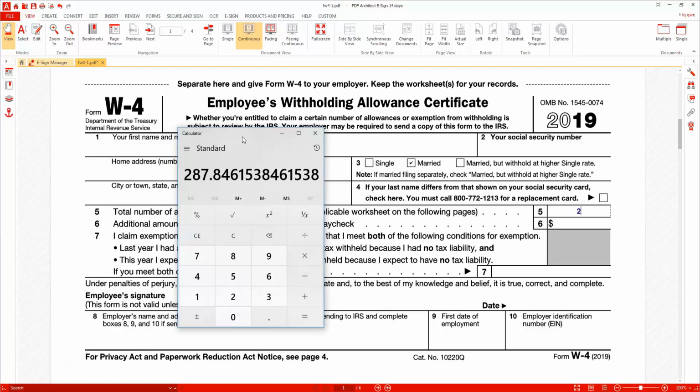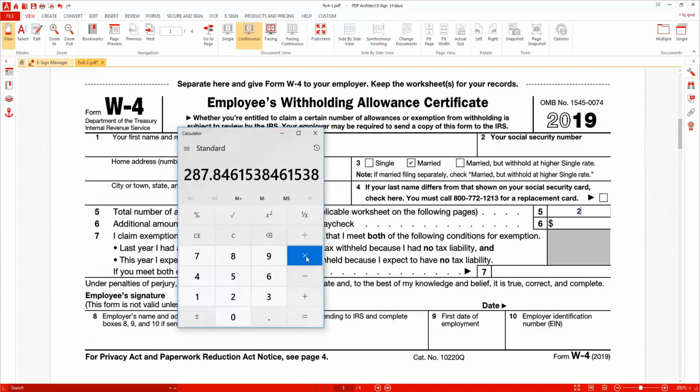Now, you can divide that however you want to between husband and wife. You can do 50-50, 60-40, 70-30, whatever you feel comfortable with. I had a couple a couple years ago that decided that it made more sense to have all the withholdings come out of the husband's paycheck because he got paid once a month, and not have any taxes come out of the wife's paycheck because she got paid every week. And so having that influx of cash every week was really nice, and they can just have whatever's left over from his check at the end of the month. Do it however you want to.